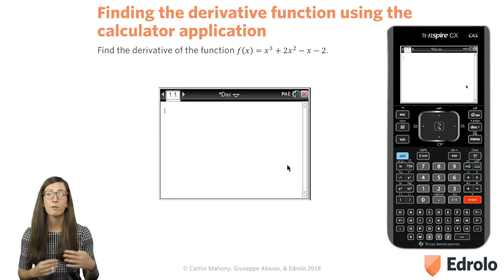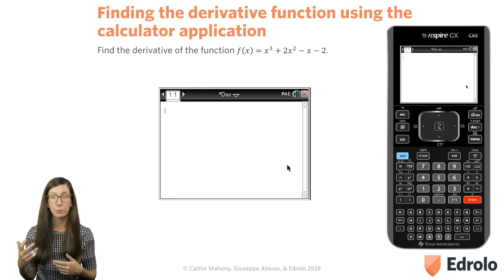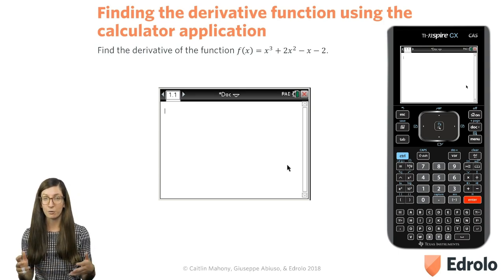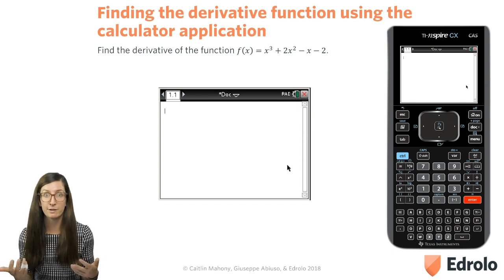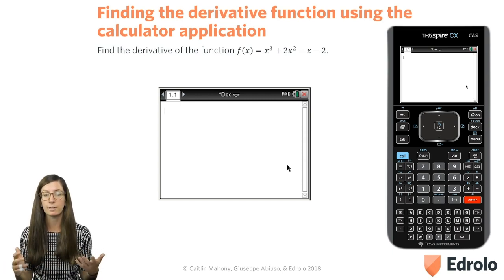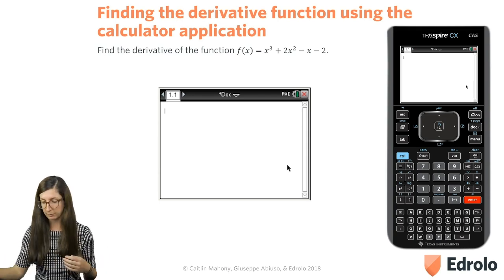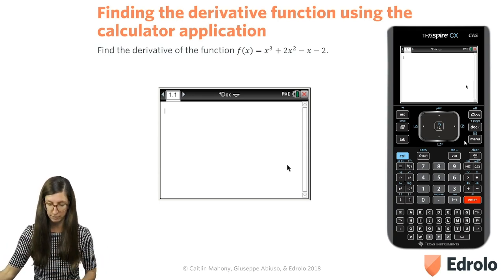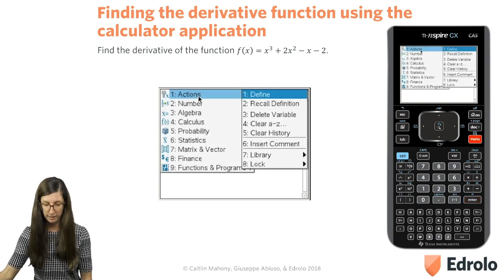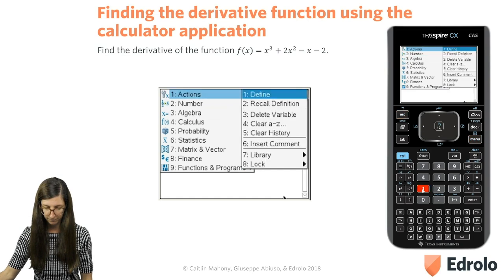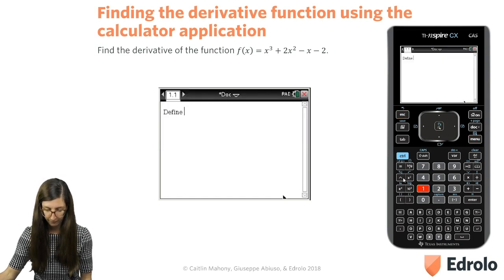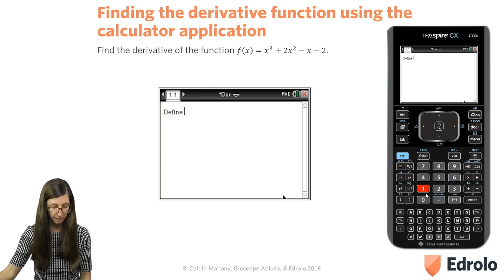Let's look at finding the derivative function using the calculator. And there's your answer. Now, the first thing that I'm going to do is store this function. I know that we are going to use this function a few different times, so in the long run, it's going to save me time by storing this function at the start. This time I'm going to use the define function to do that. So we go 1 action, 1 define, and then what we want to do is type in the function f of x equals